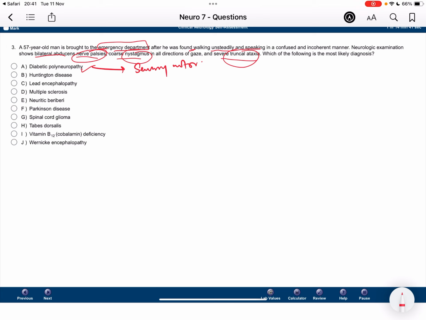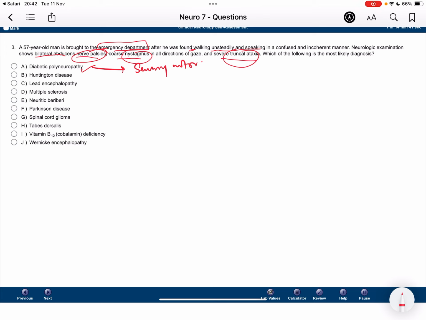Next, we talk about Huntington's disease. I've done research in Huntington's disease, and I know that Huntington's disease usually does not present with bilateral nerve palsies. If it is a behavioral change, if it is involuntary movements, yes, I would love to choose Huntington's disease as one of the options, because we all know that it is because of the atrophy of the caudate nucleus, and this patient can present with behavioral change, and sometimes with psychiatric symptoms as well. But the most important thing you remember for USMLE is chorea and psychiatric symptoms.